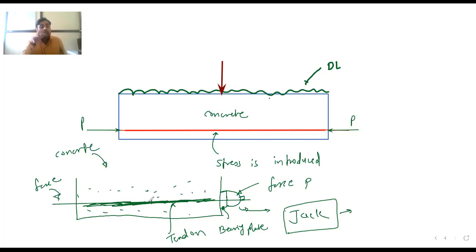Okay, and the member which is made up of, आता ही समजा beam आहे, त्या beam ला आपण असं केलं. Suppose now this is a beam and we have done this to beam, then this is called as pre-stressed concrete beam. Okay, and that concrete is called as the pre-stressed concrete. Is it okay? Yes, no? Shall we move further? Are you getting this point?